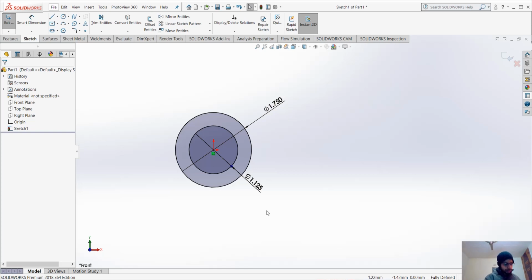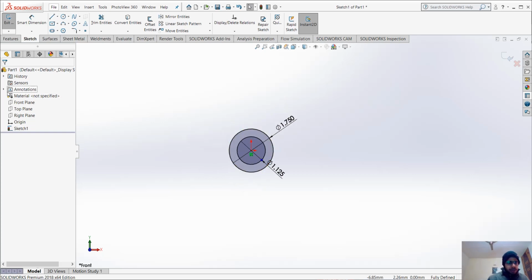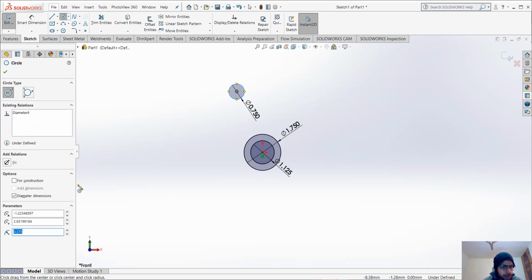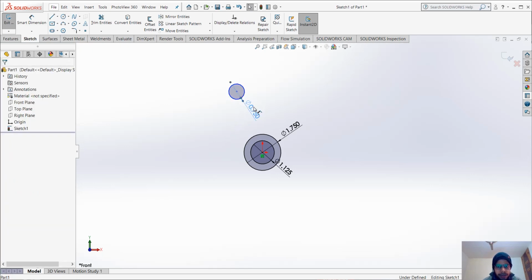Continuing our drawing, I'm doing this in the front plane. Everything is going on in the front plane. Let's make another circle here, and the diameter is 0.75. All right. If I untick the diameter dimensions, it will, I think, do this. Click on delete dimension, delete. Okay, now if I give one dimension,